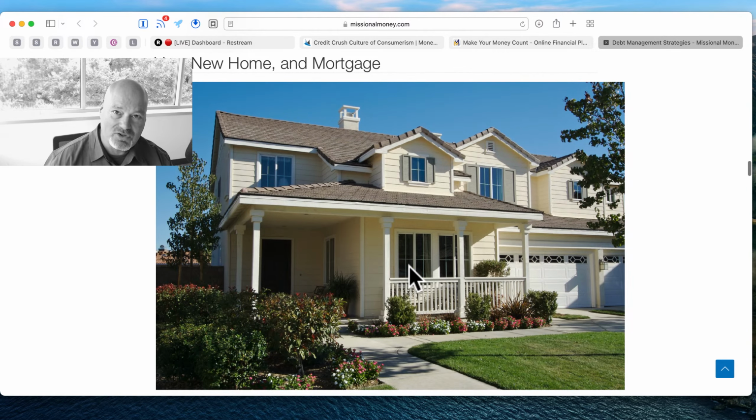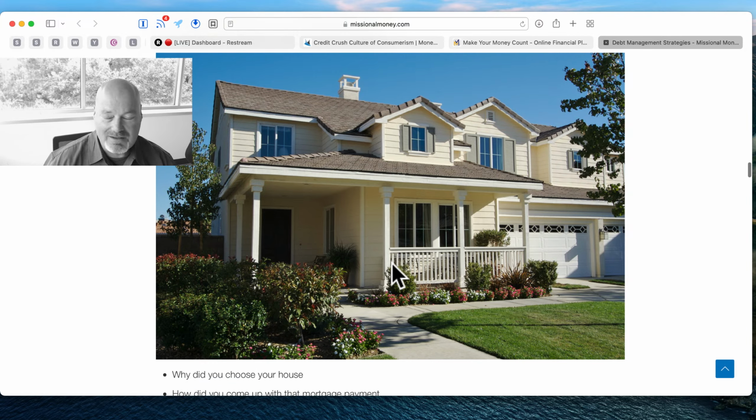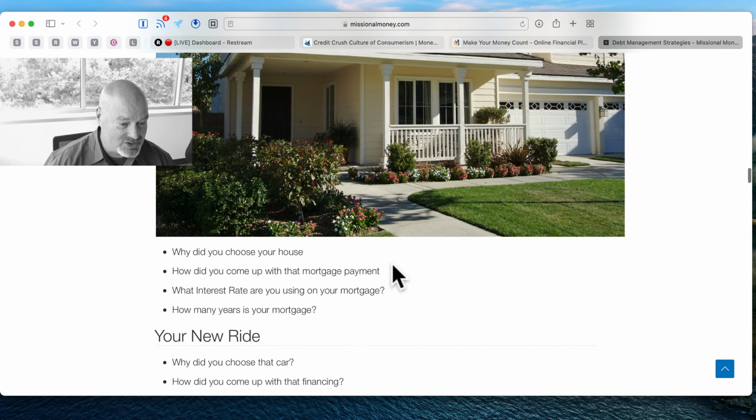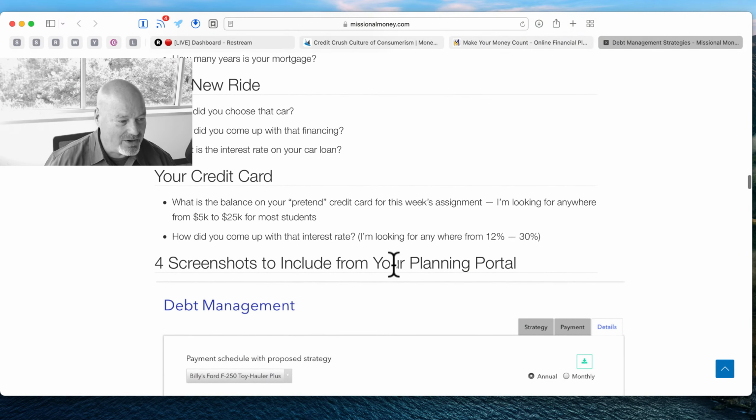So we're going to take a look at their mortgage, and I'm going to show you the strategy that they're currently using. Billy and Sally want to pay off their mortgage early because they think that will help them get ahead. And so I'm just going to show you, as we put together all of their debt and credit, some strategies that they can use to be a little bit smarter in how they pay off their credit.